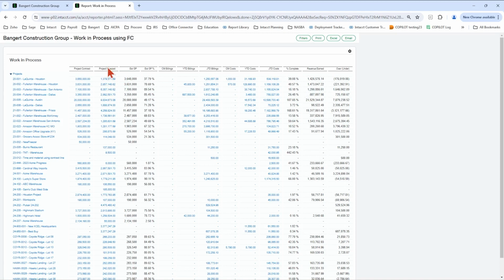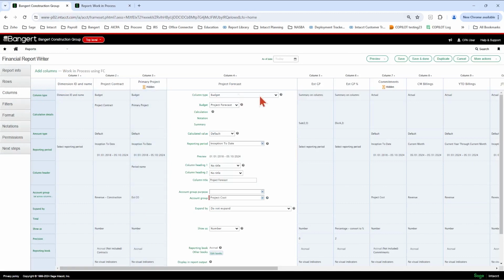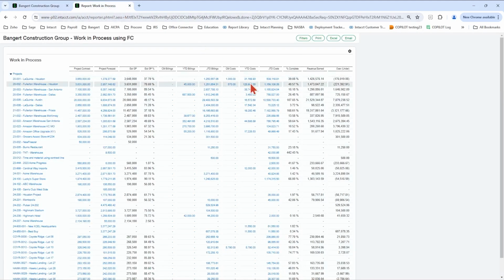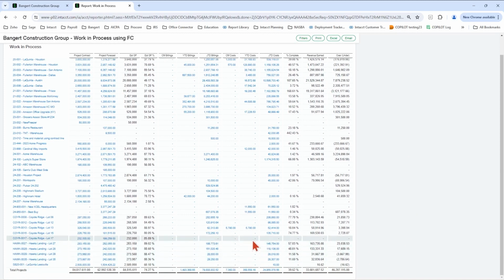Okay. So it's easy to switch the forecast column here if you just go in and edit the column and switch it to that more current forecast here. Again, watch the Balancing WIP refinement video that also goes along with this in order to finish out the process of how to make that journal entry into Intacct for your over under, or your costs in excess and billings in excess.